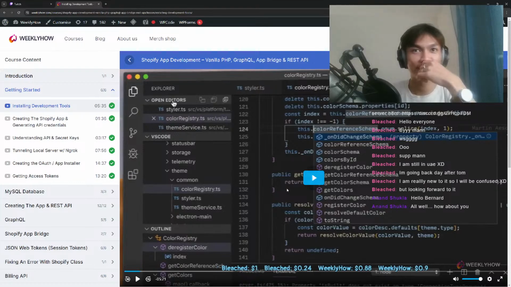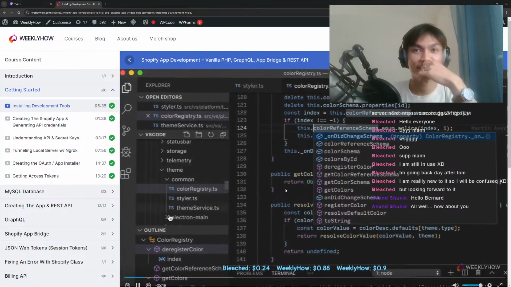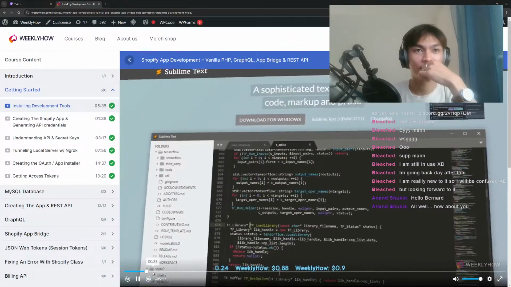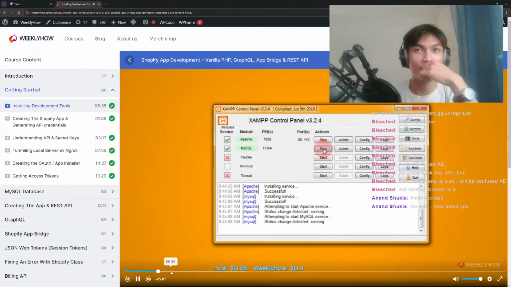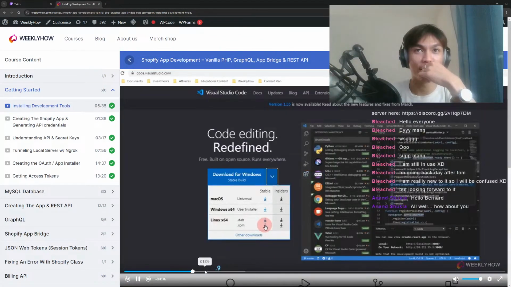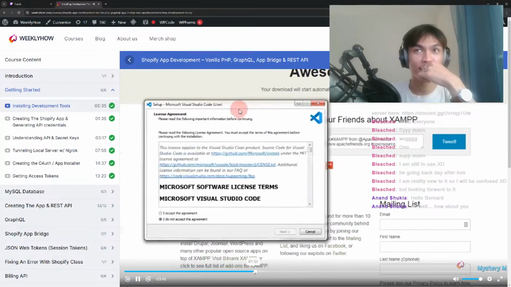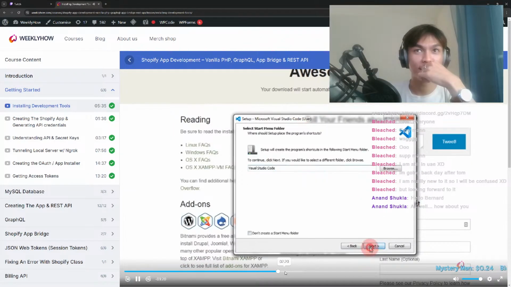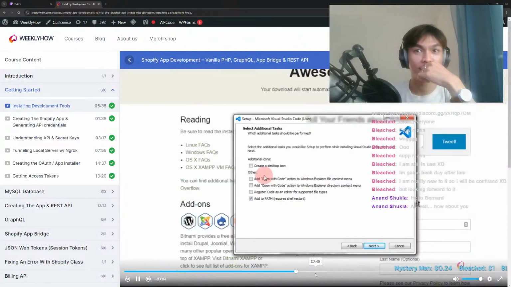I loved it. VS Code. But if you don't like VS Code, you can use something else like Sublime, Notepad, or whatever. So let's start with the code editor. So okay, we have that. Another thing as well, you can just accept the agreement, click next, and if you want that off